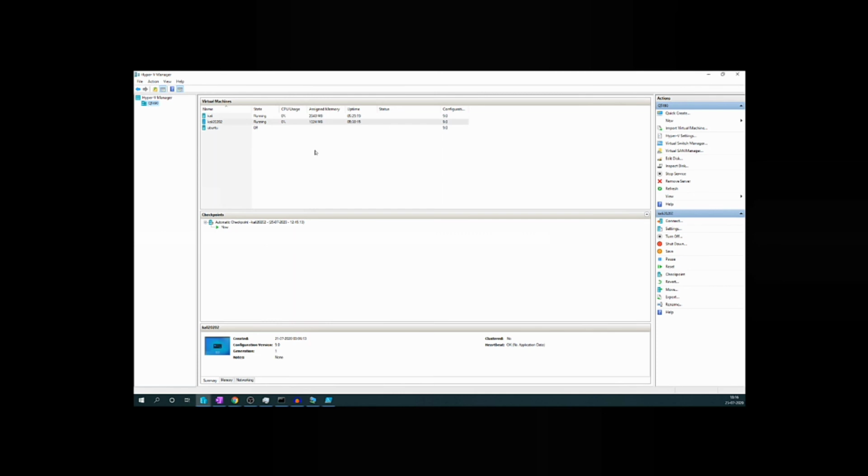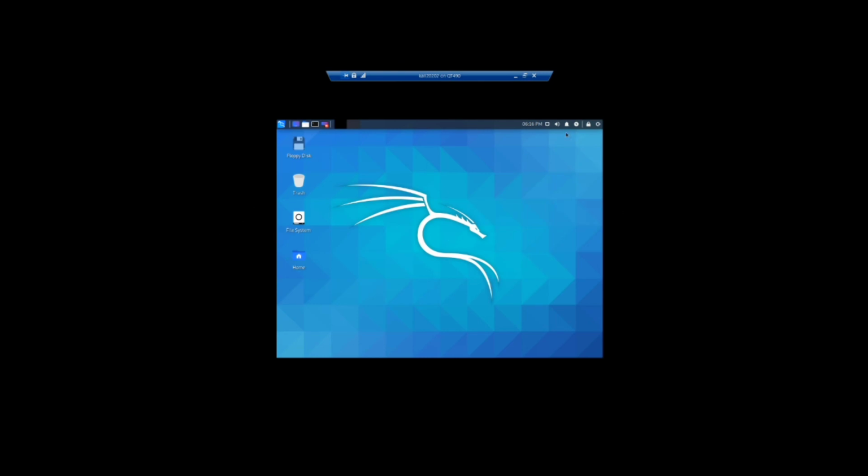So that is all about this particular episode, and in the next episode I will tell you how you can install Kali Linux, and once you install Kali Linux, what exactly are the settings that you need to apply, and your Kali Linux would be there. Like this, see, it is connected with the internet. It's a wired connection, and setting up this whole screen and everything, we'll do in the next episode.